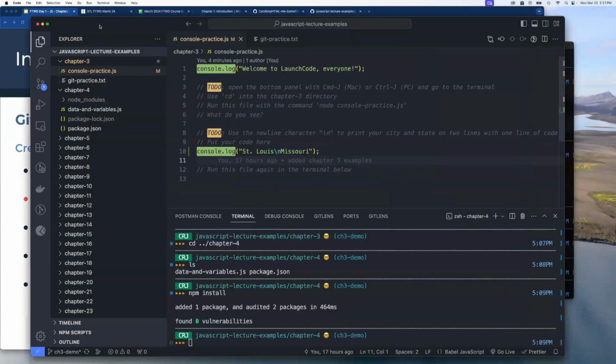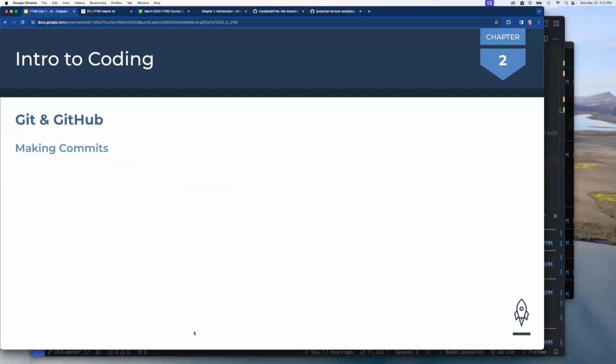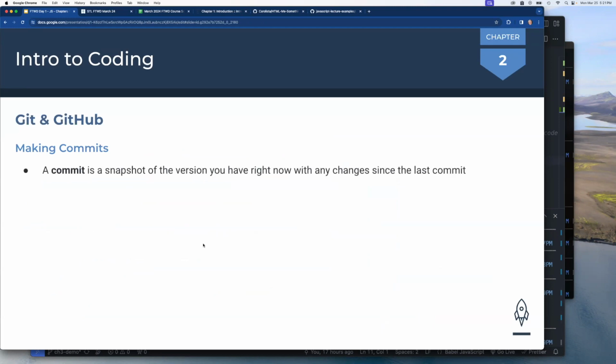Okay, I'm going to close that because we're actually going to come back to work with this one for a second. All right, so how do you go about keeping track of your code? How do you take these snapshots, make these commits? Anytime you're ready to take a snapshot of your code so that you can save it right where it is, the version that you have, and keep track of that and refer to it later, you make this commit,